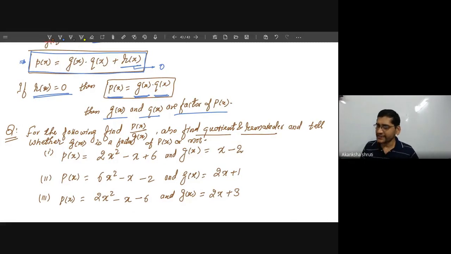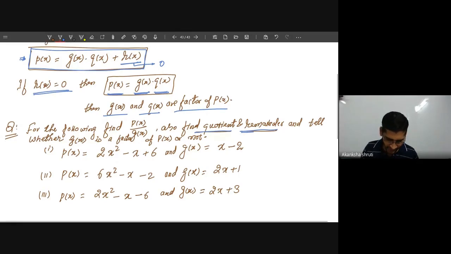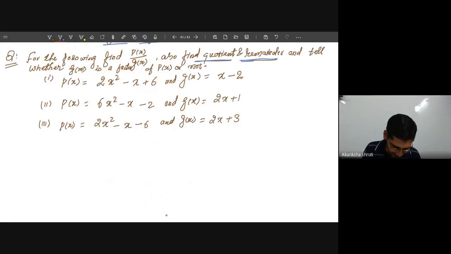Students, whatever the division we have learned, applying the same division, we can get the quotient and remainder. And after observing the remainder, we can say it is a factor or not. The same thing can also be verified by the factorization method. Those things we are going to learn. Students, so let me solve the very first question, or rather than going for the first question, let me go for the second question, because just division we have done earlier.